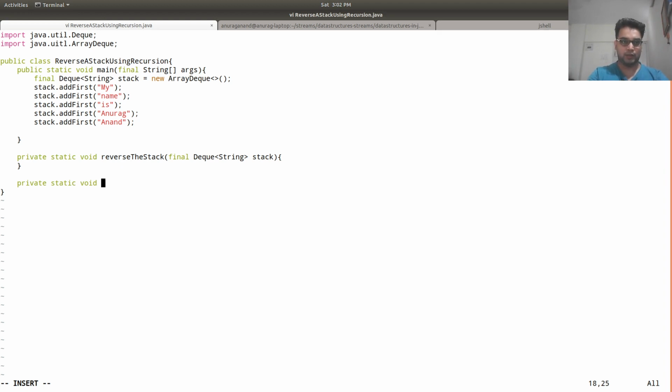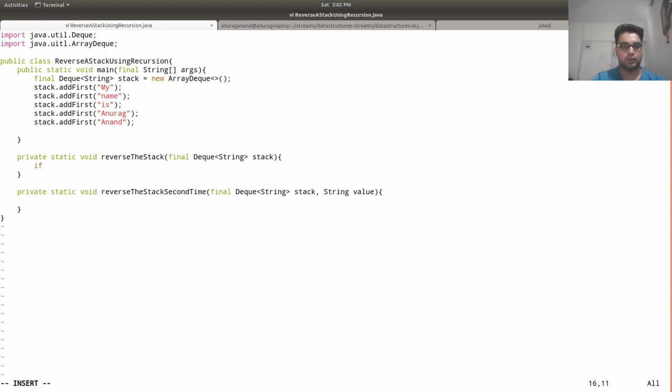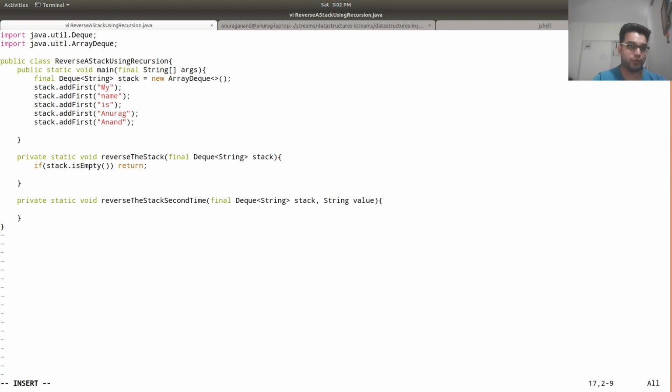Void reverse the stack second time. If a stack is empty, then return without an issue.